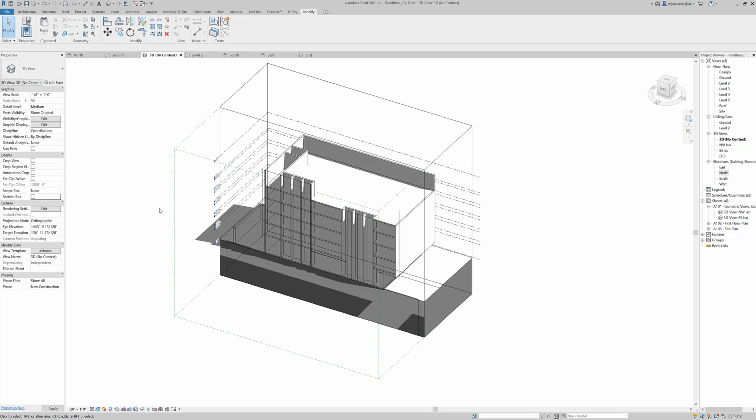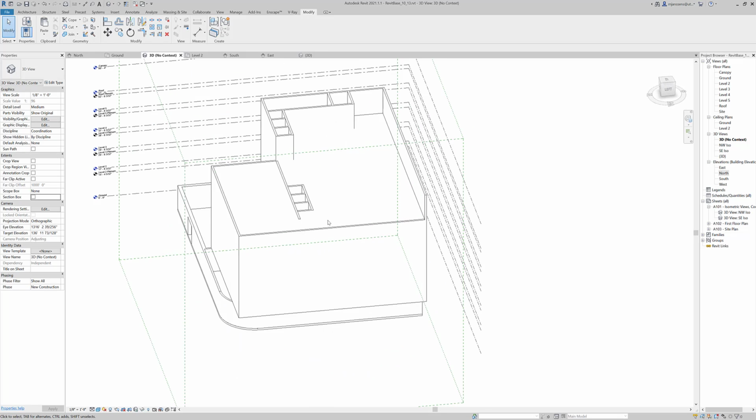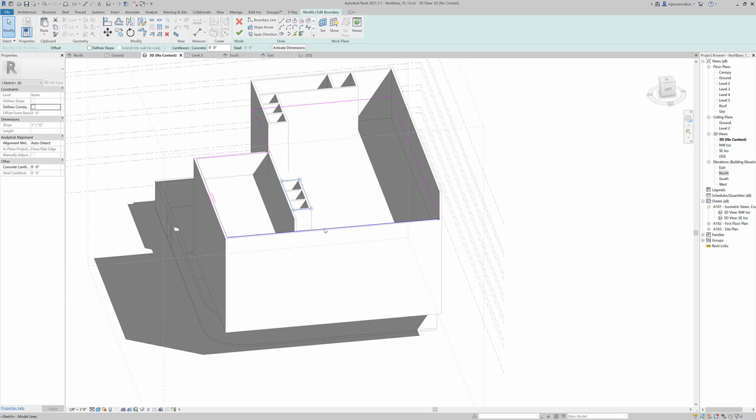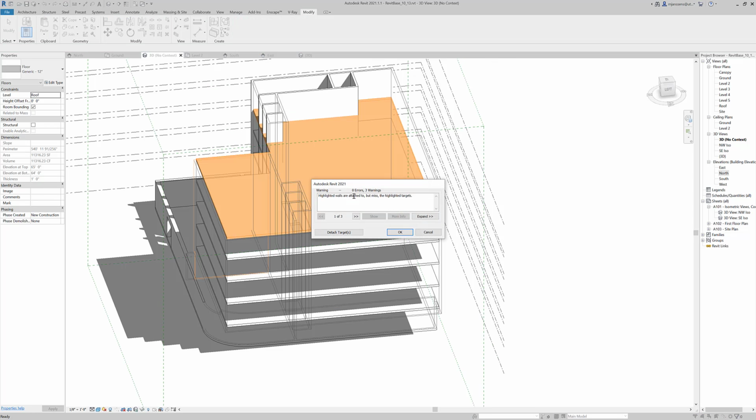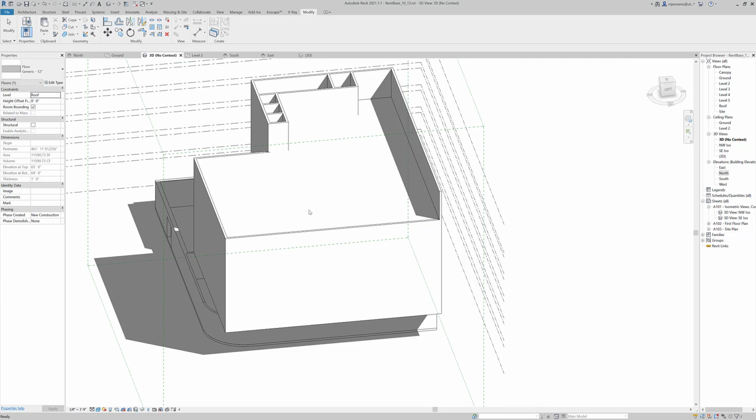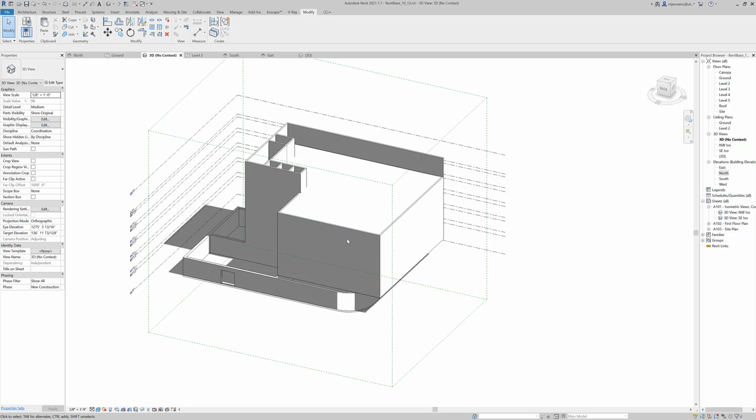So let's go ahead and turn the section box off here. So now we're back. And for this one, let's say I just didn't want that. I could double click and delete that. And so now I have a clean sort of interior, right? I have a clean roof